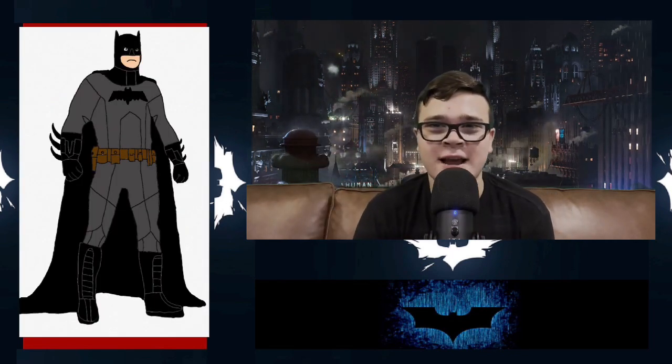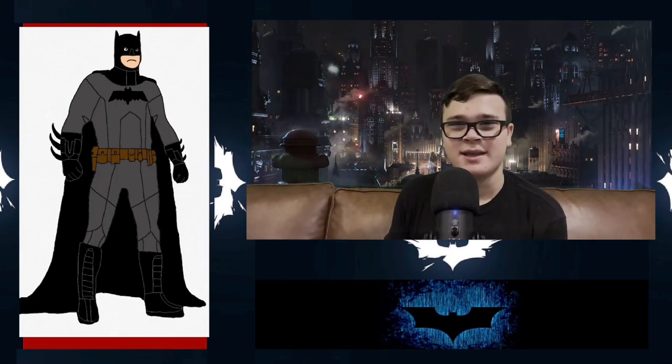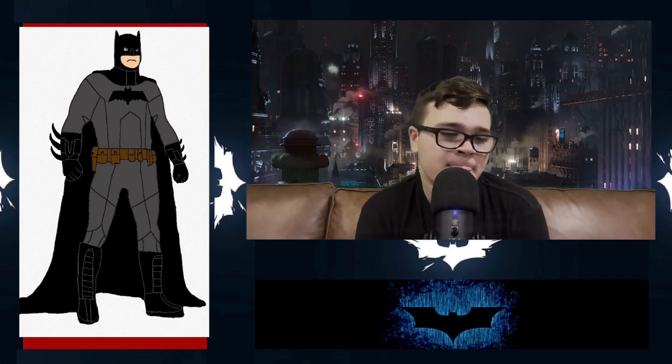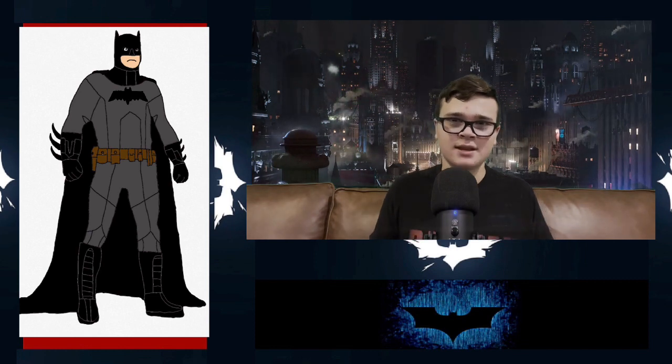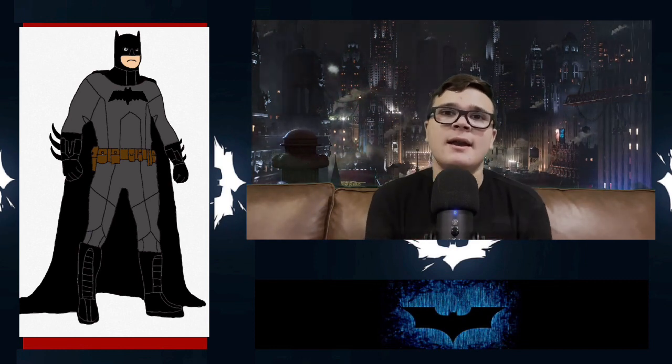So Bruce Wayne makes the Batman suit. There's the Batman suit right there. If you wanted to take a look at it, I actually really like it. It looks really sick. But yeah, he has the Batman suit. So he starts making it and everything, and he's like, no one needs to know who I am under the mask. I just need to be the hero Gotham deserves.